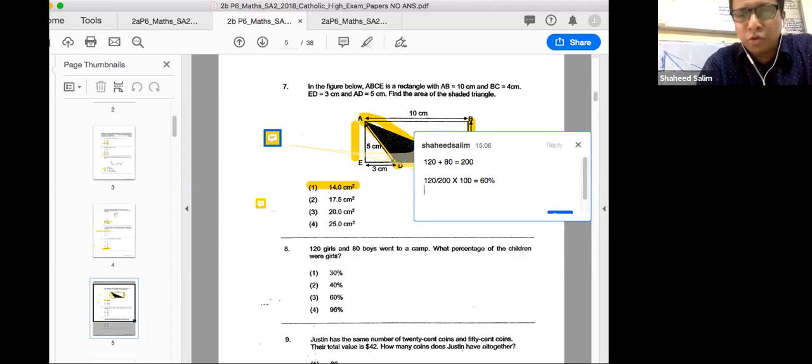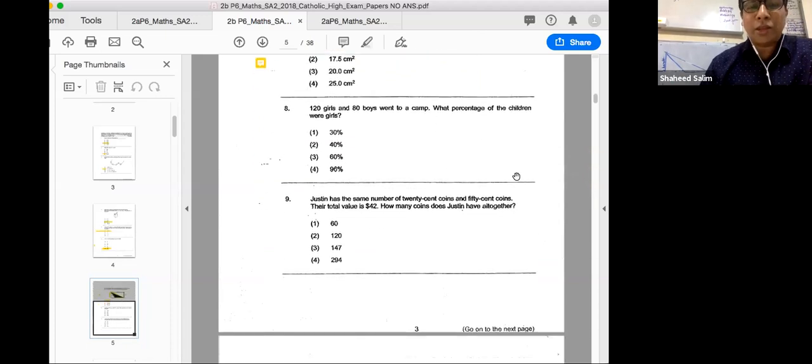So if you really feel malu, then I won't be able to teach you well. So if that is happening to you, just tell your mom or your dad, say, I would want to have a one-to-one session. Then your parents will contact me and then I will clean it up. But I can't do it for everyone every day. I can do it once, twice for some of you, but I want you to catch up. Some of you are afraid of other people knowing you don't know. Don't feel afraid. This is where you are supposed to improve. So if you're not improving now, you better tell your parent. I do not know whether you can or cannot. Okay, let's try. Here we go.